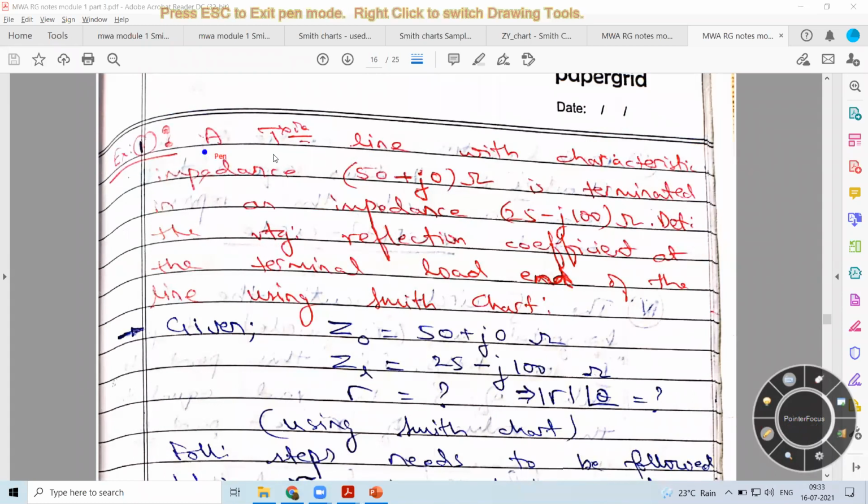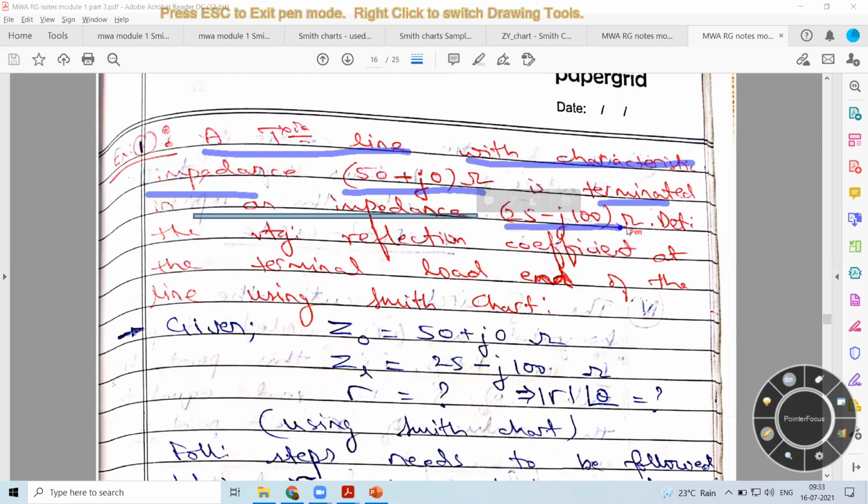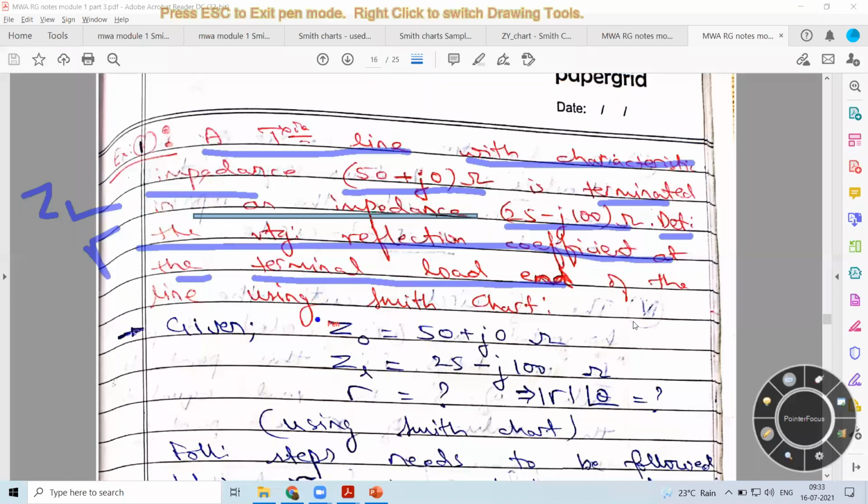So we have a transmission line with a characteristic impedance of 50 plus J0 ohm, terminated with an impedance of 25 minus J100 ohm. Determine the voltage reflection coefficient at the terminal load. So we have to identify the reflection coefficient at the load end, that is at ZL, by using